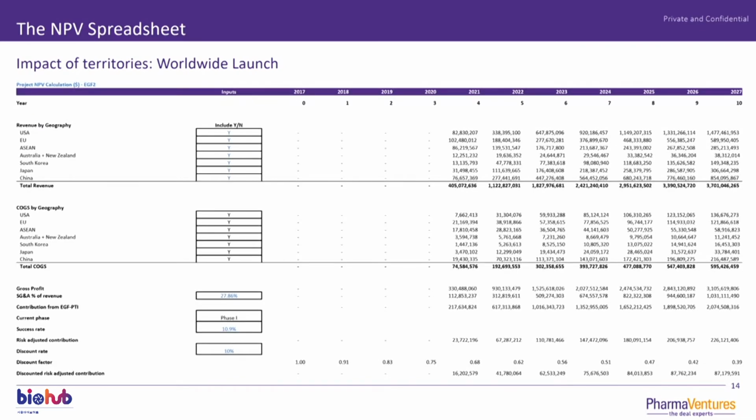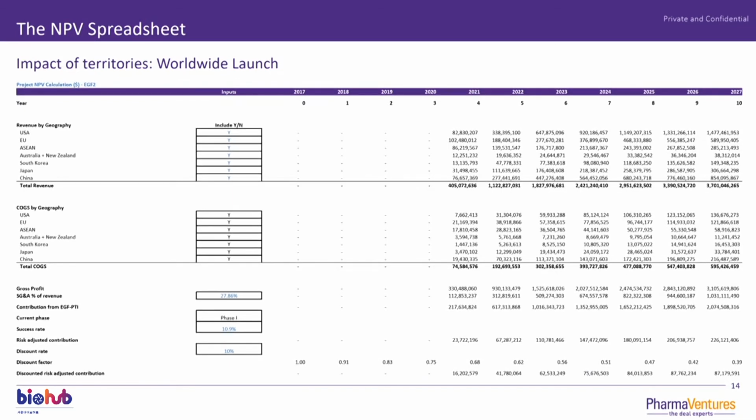So looking at a different example, you can see the actual spreadsheet here, and on the left-hand side, you see different territories. This was a company that was looking to in-license an asset for specific territories, and therefore it was interested in the revenues by different geographies, and also its cost of goods. And you see there, it's phase 1, SG&A is all in there. And in this example, we've included the global launch, every territory included. And you see there, 2021,